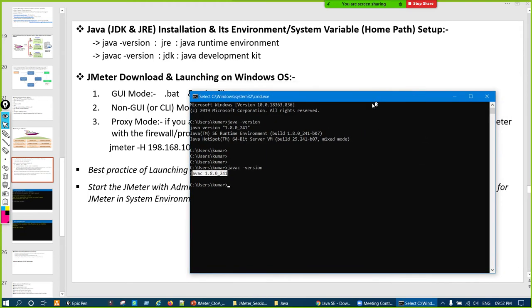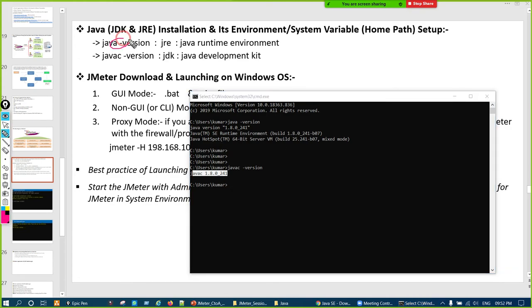Now one important thing to take care of. Those people who do not have Java, first type java -version. Generally it will not be installed, but maybe in the past you installed it, so you'll get the success information. If you have not installed it, then install it and verify again.